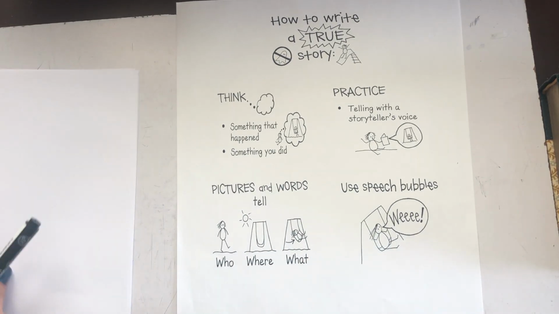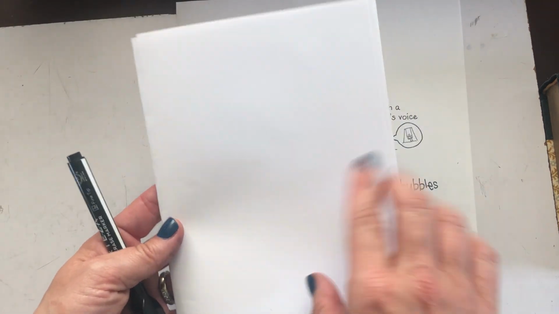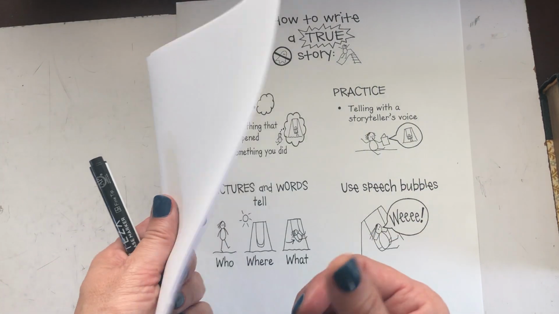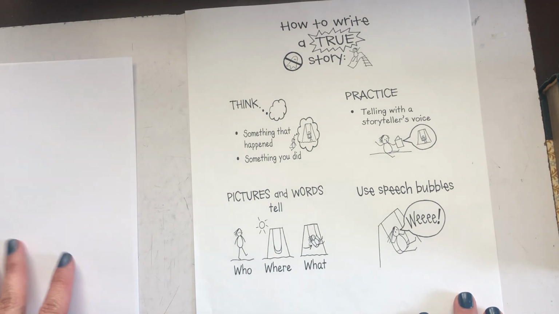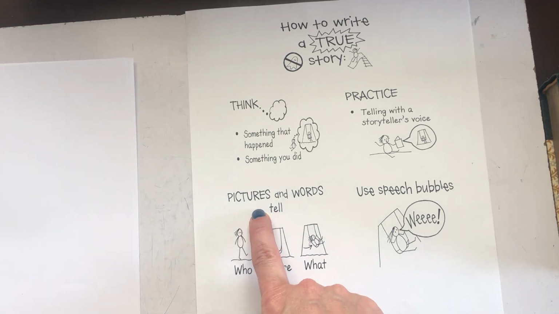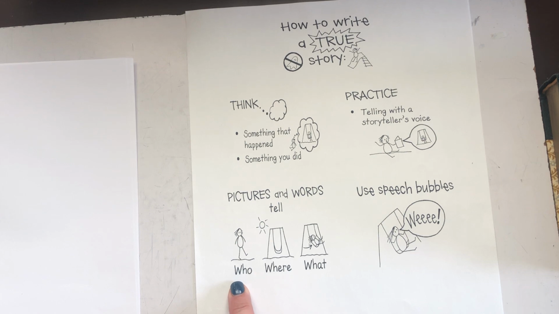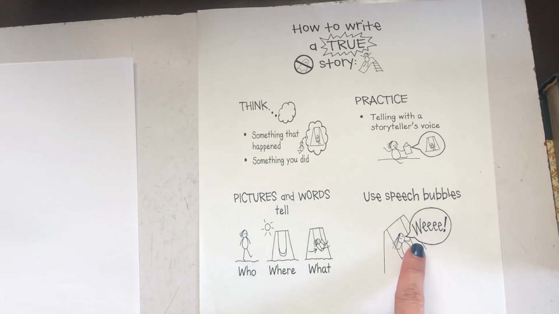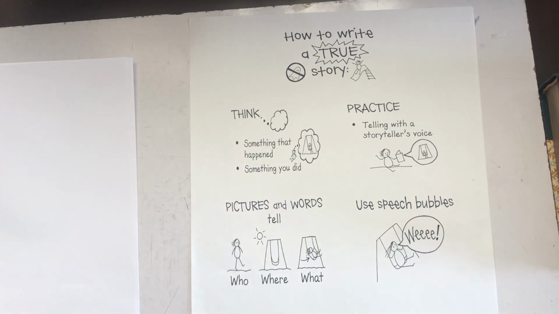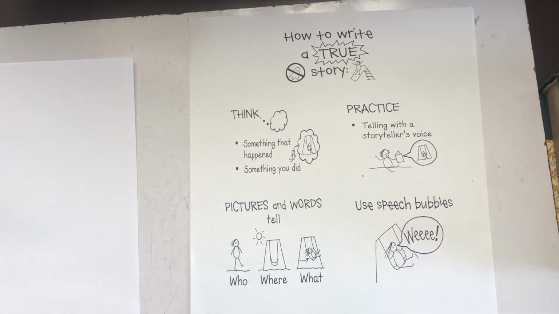So you can pretend by getting your blank paper and telling people how it will go before you even draw. And then we know that we draw out the pictures and words to tell who and where and what happened in the story. And the best stories we know have speech bubbles. Okay, so we're going to kind of go through this today, and I'm going to show you how to do it because we're just starting out again, and it's a little new to us, even though we did it a long time ago. So right now, I'm going to think of a story.